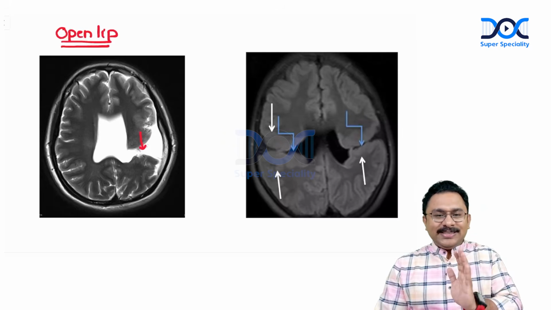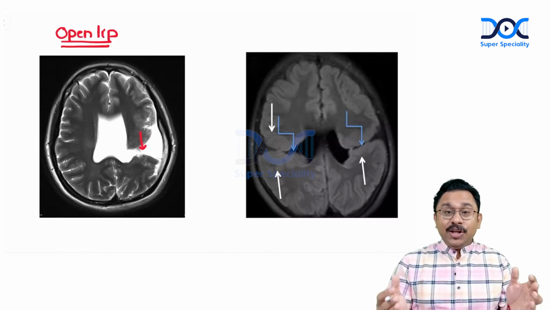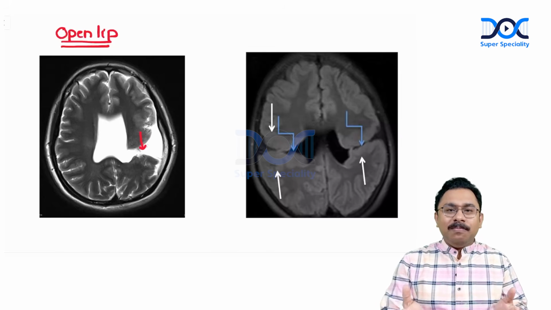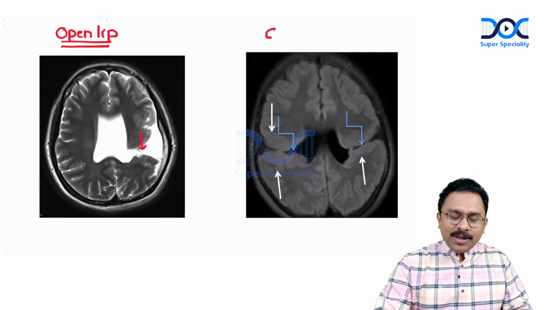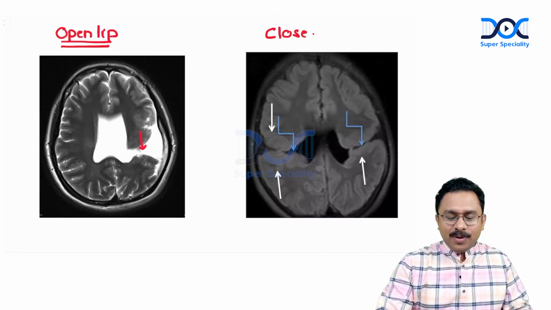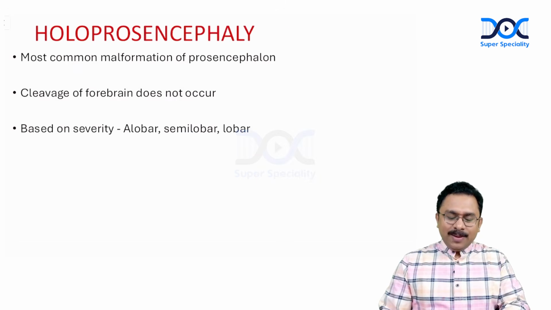And see the next image. You're all able to appreciate the cleft, right? Is it unilateral or bilateral? Bilateral. Wide open cleft or fused one? Yeah, this is closed lip schizencephaly. Okay, closed lip schizencephaly. That is also clear. Coming to the next one,